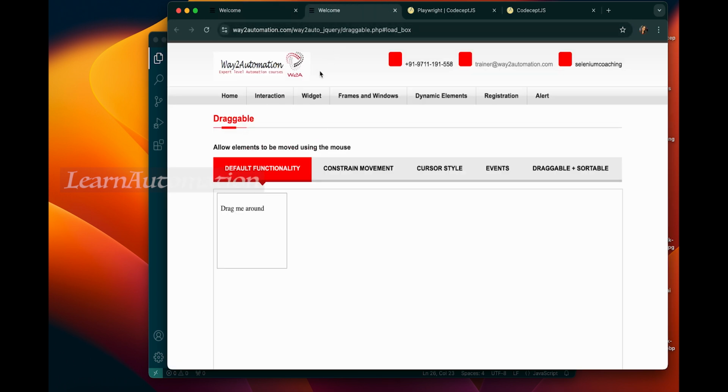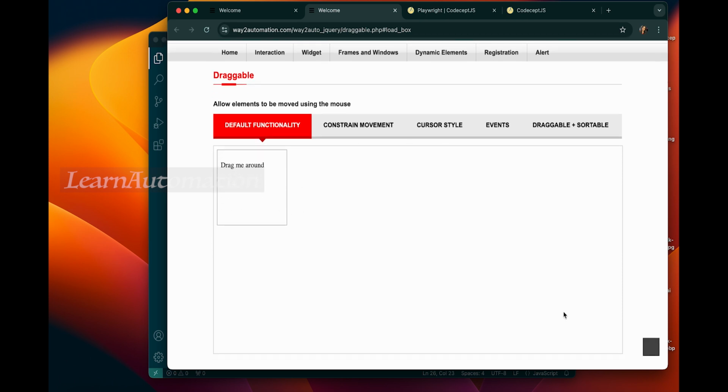Here I am going to use this test website to perform the automation on the draggable. You can see it is showing "Drag me around". If you see, there is no destination where it needs to be dropped. So this is the case which I have taken up to perform the drag and drop using a different approach